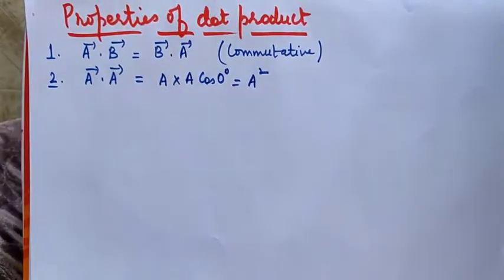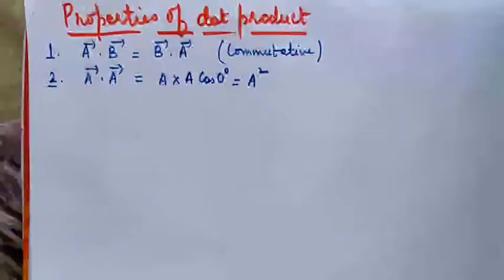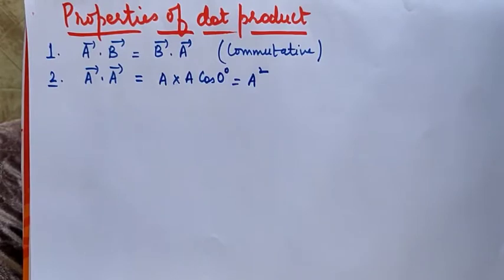That's why you might remember that in the triangle law or parallelogram law, A was a vector, but while writing A square, I didn't put a vector sign over A square, because simply you can say if two vectors are multiplied and those two vectors are the same, their dot product will be equal to their square.